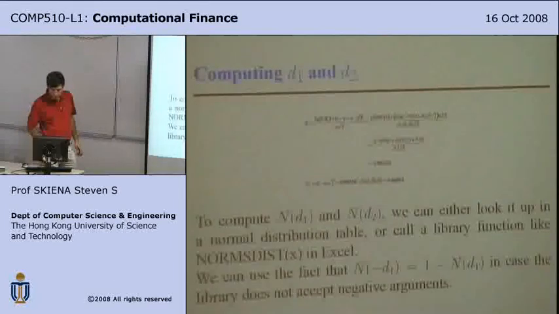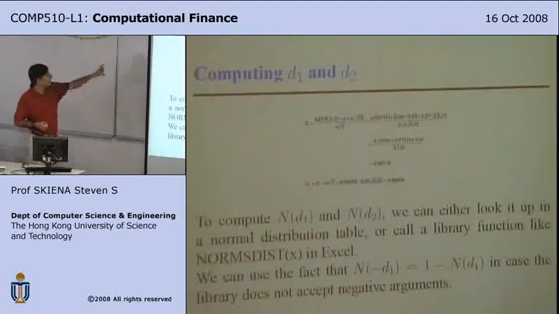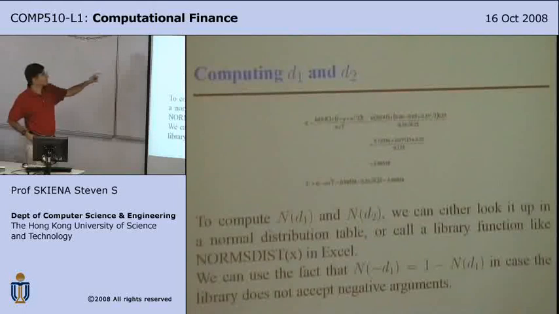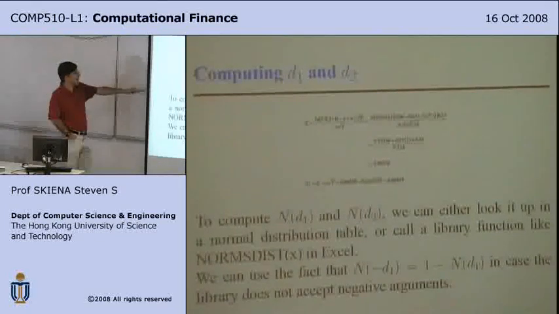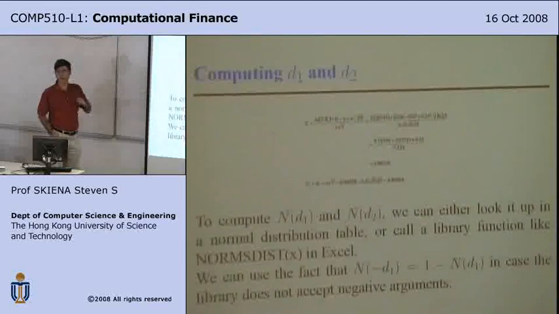Once you have those parameters, you just punch them into the formula. I don't really expect you to read it, but I expect you to believe me that now that you've got the formulas with the right time frame, you can compute what D1 is. You can take D1 minus sigma root delta T to compute what D2 is. You can look up the normal values, using some library function to do that.